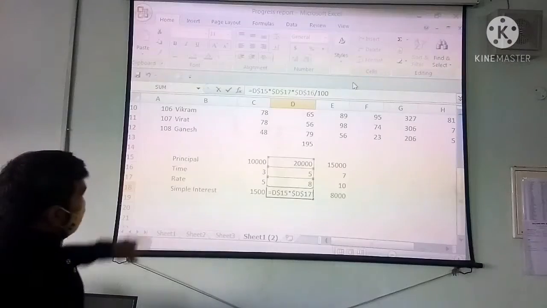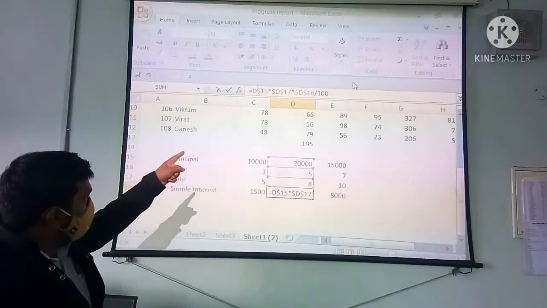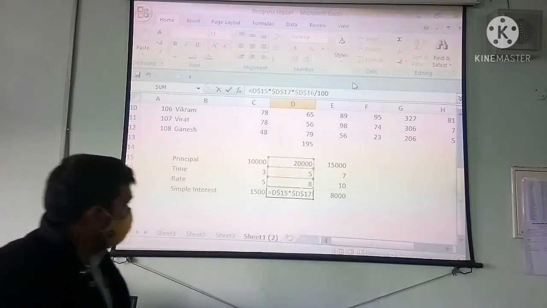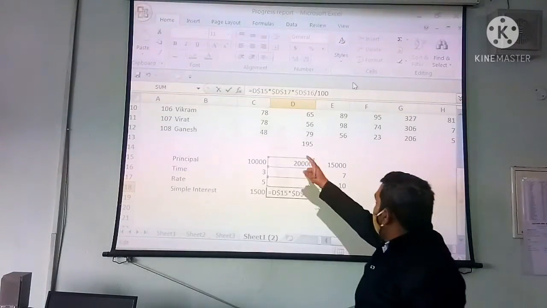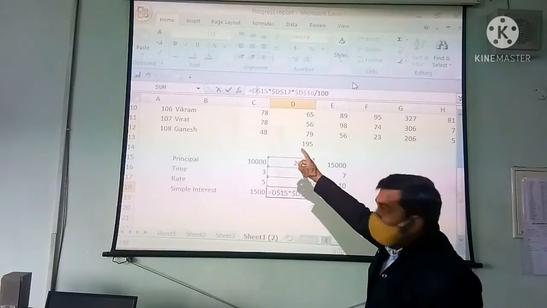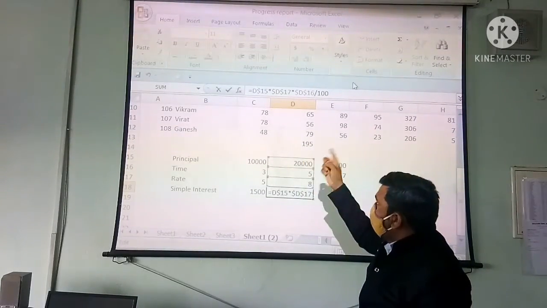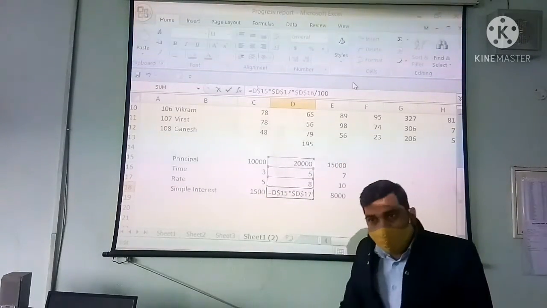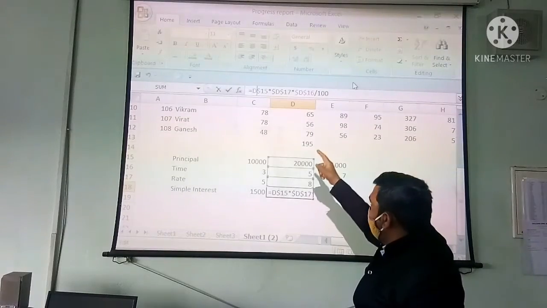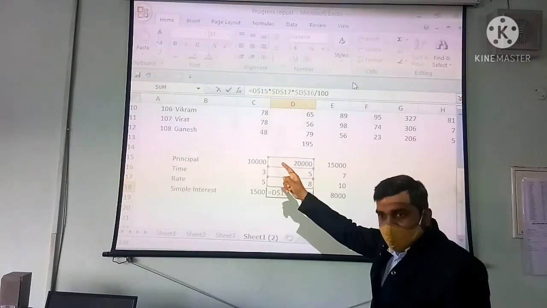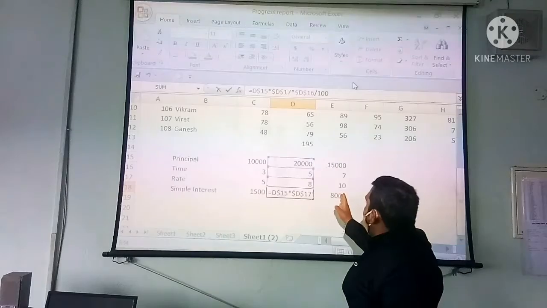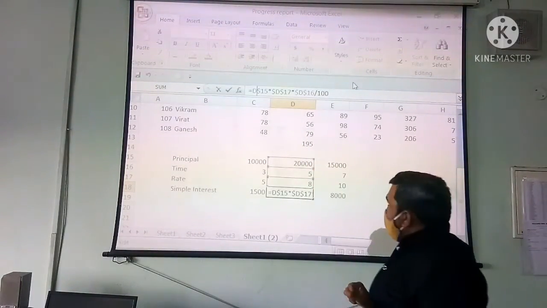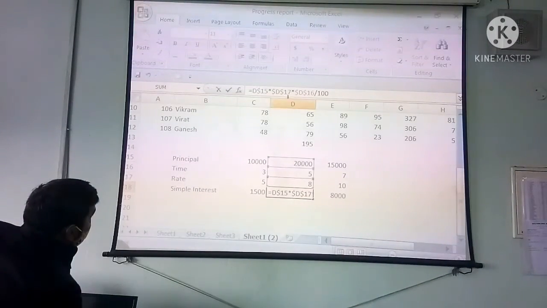Now in this, what do you find? The column will change, but the row will not change. The row number is 15. So when I write here, the same copy and paste of the same formula, this is the relative reference. What I have done is put the dollar symbol before the column number, and before the row number, the dollar symbol is there. So the row I have made constant, the row will not change, but the column will change. So when I shift from column D to column E, the column letter will change and the row will remain the same. So that is the mixed reference.